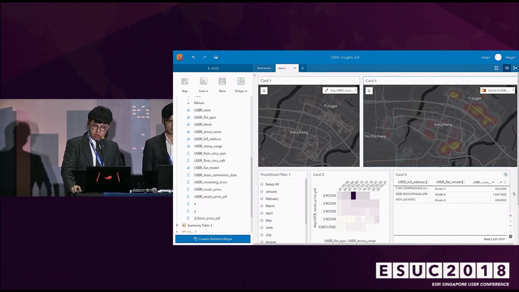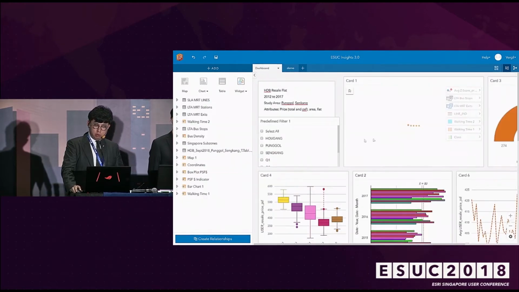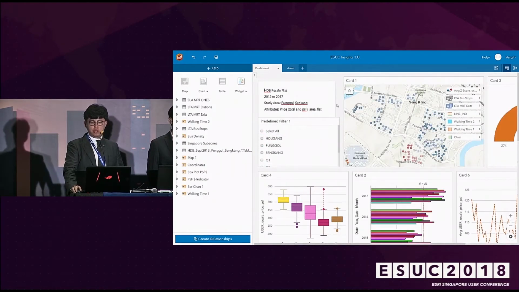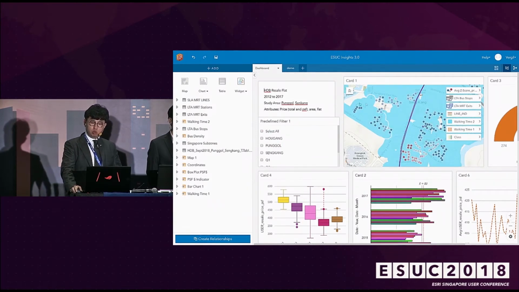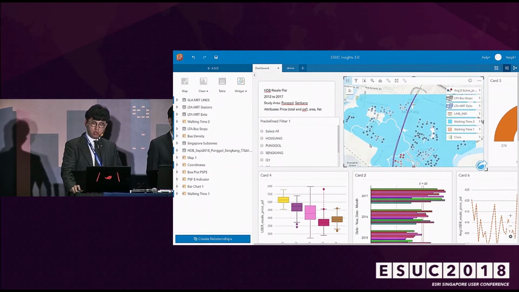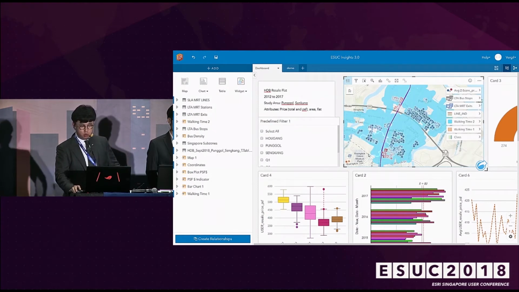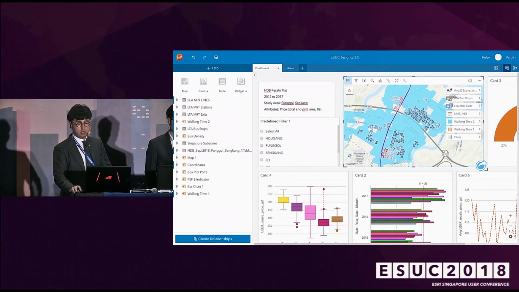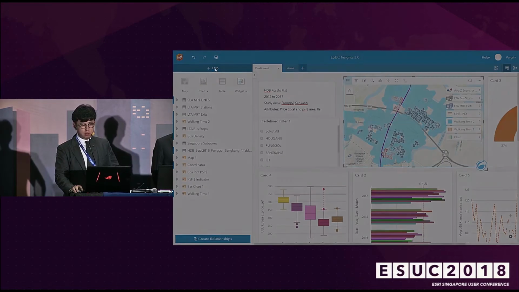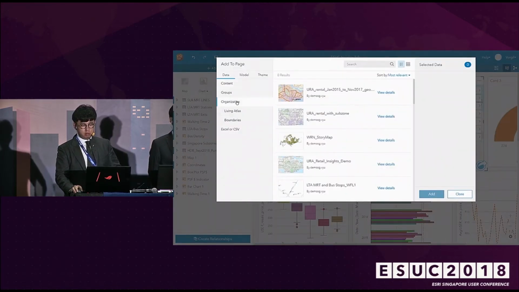So now I'm going to share with you some beautiful charts that I prepared beforehand, which take time to run. I will walk you through how we can enrich data. What we have here is the LTA data for bus stop and MRT axis. These are ready to use geospatial shapefiles you can directly get from LTA. You just simply add them to your organization, then you can directly pull them again from either your organization or your group.